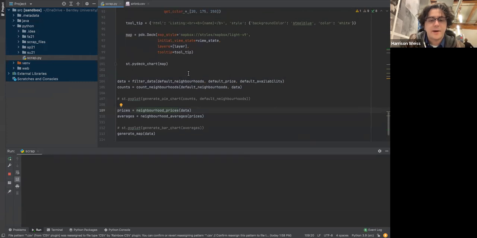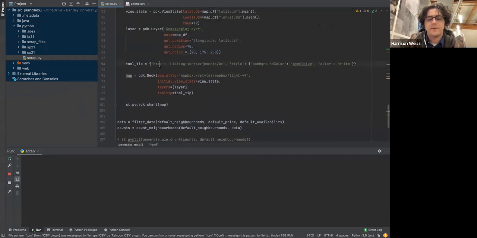I come back to here. Why is our tooltip off? We have our tooltip listing. What am I doing wrong here? Our tooltip is equal to tooltip HTML listing. We're saying listing break. Do I need a slash here for the break? Maybe break, bold the name, bolding the name,